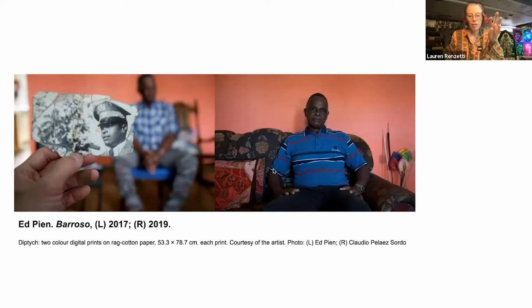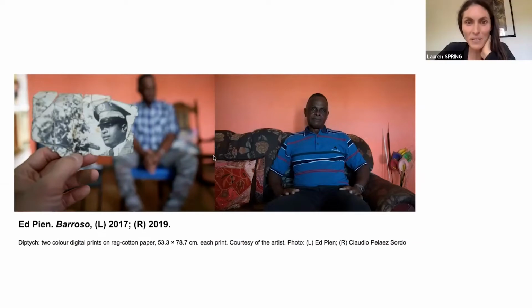I like the juxtaposition between the black and white photograph and the color that's surrounding this person, right? Yeah, that's beautiful. We have this bright pink that we tend to associate with excitement, life, contemporary art, and at the same time this very old photo. So something about time here.